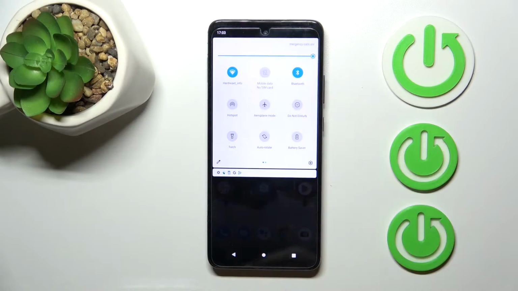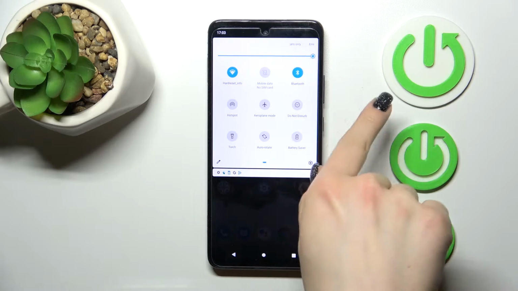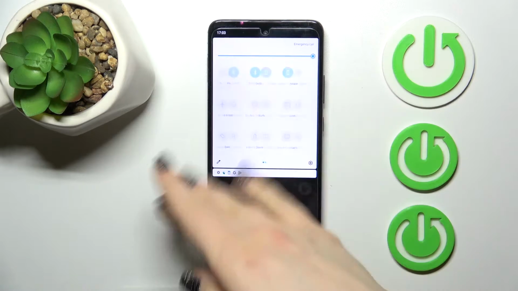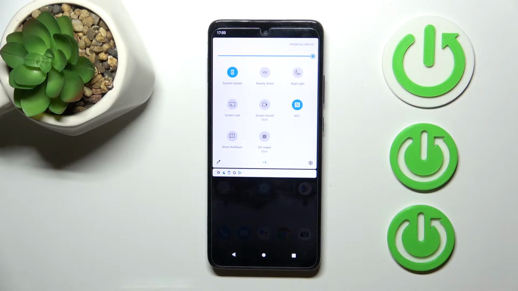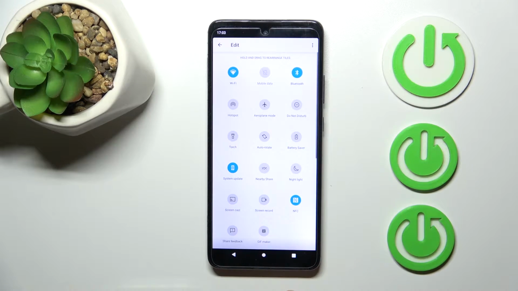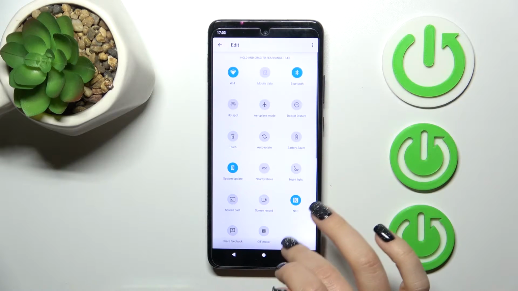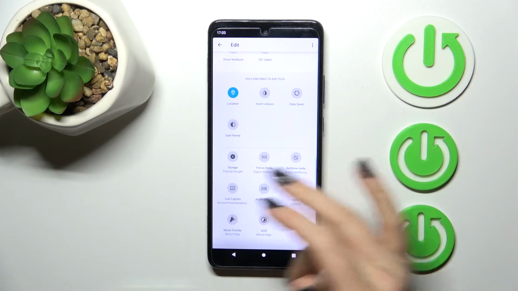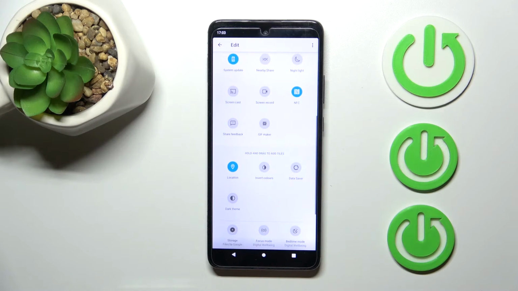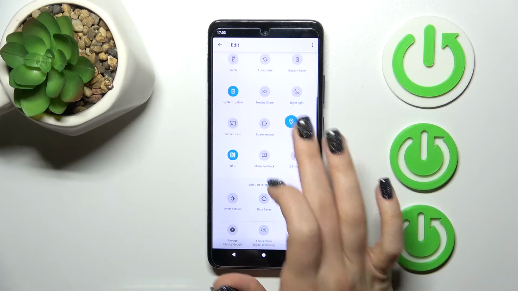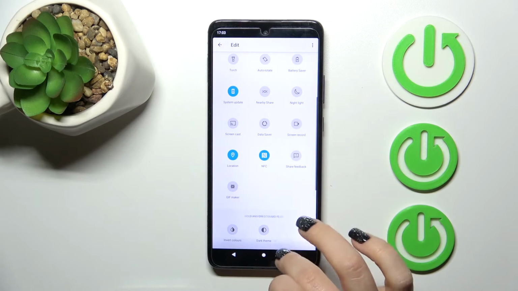So first open notification panel, and if you wanna add here some options or just remove some of them or change their positions, we should first click to this edit icon, and after that we'll see here this down section with invisible options. If you wanna add them to the panel, we should just hold the icon and drag it